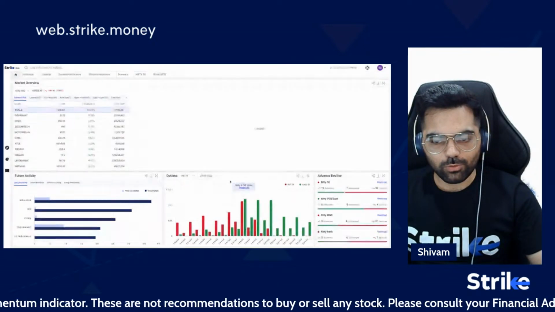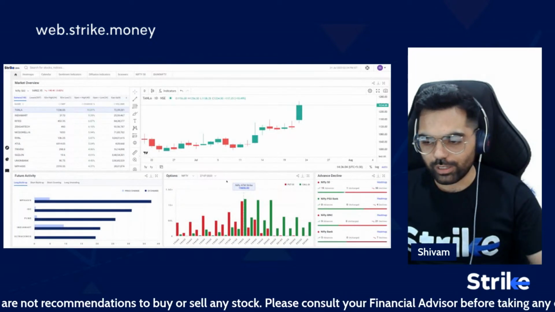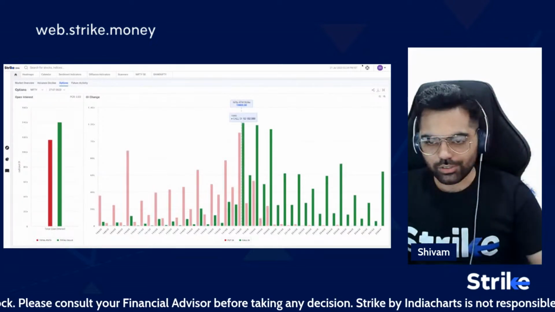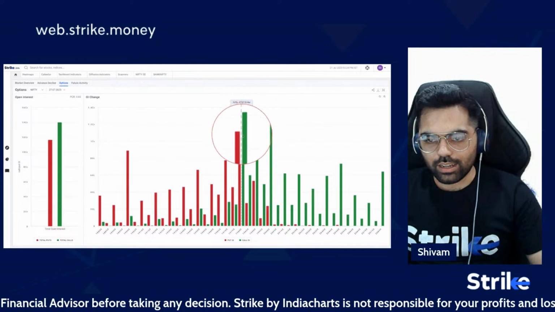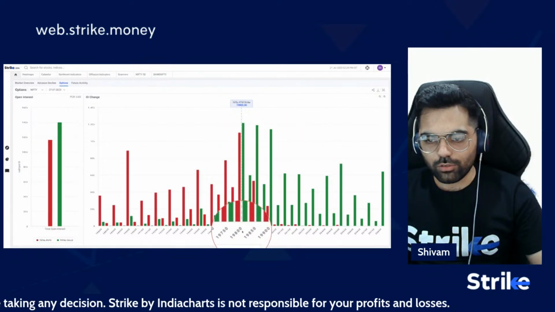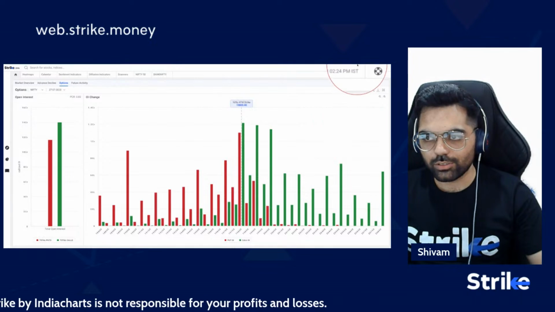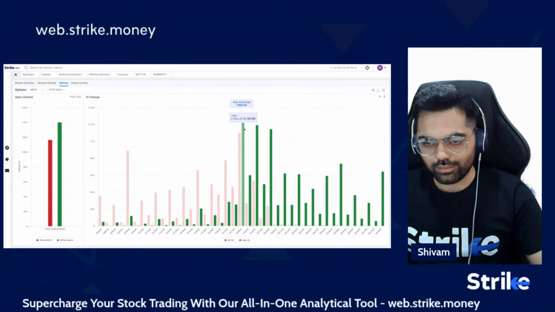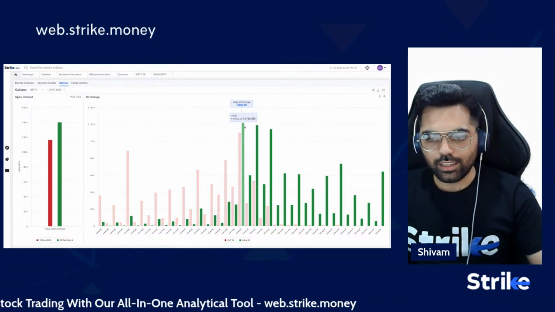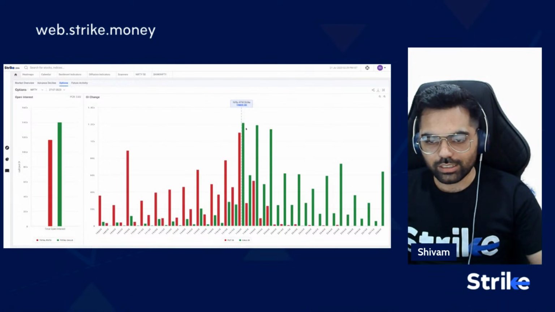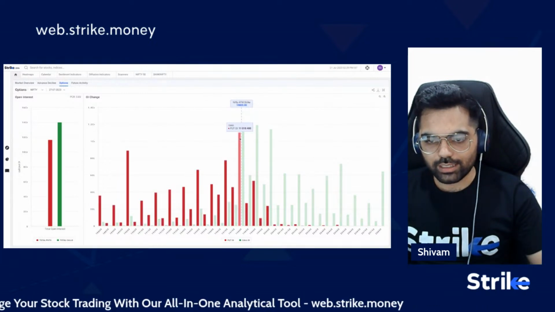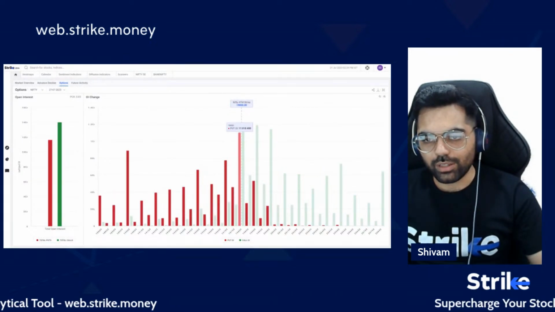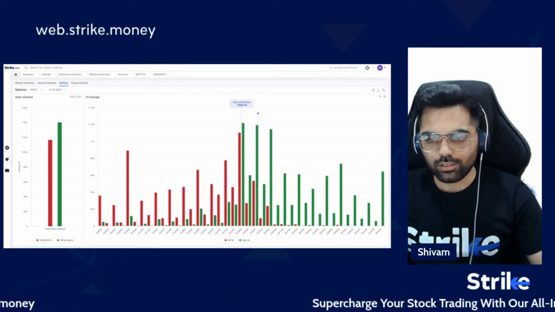Now to have a deeper look, let's have a look at the open interest for the nearest expiry. So as you can see, a high call OI buildup is seen at 19,800, 19,900, and 20,000. So this indicates that the call writers are confident that these levels will act as resistances, and this will not be crossed easily. So there is a lot of OI seen there. But at the same time, there is also a good amount of put OI at 19,800. So 19,800 can be a level of fight between option players.